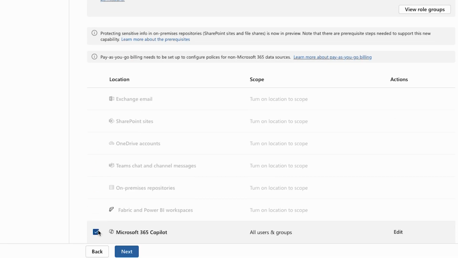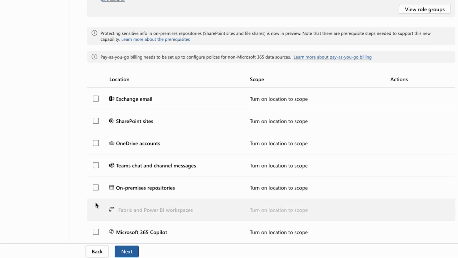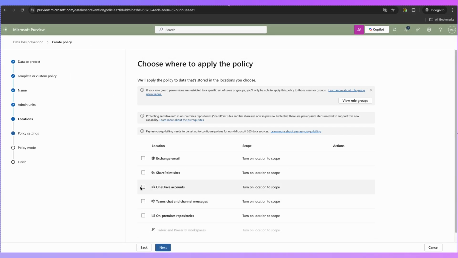So we've got Microsoft 365 Copilots. We've got on-premises data repository. So if you've got an on-prem file server and you've set up a hybrid Microsoft 365 environment connected to your on-prem AD environment, then you can use on-premise repositories here. But we're setting up quite a simple policy today. So I'm going to tick all 4 of these options in one policy, and we can actually click edit on